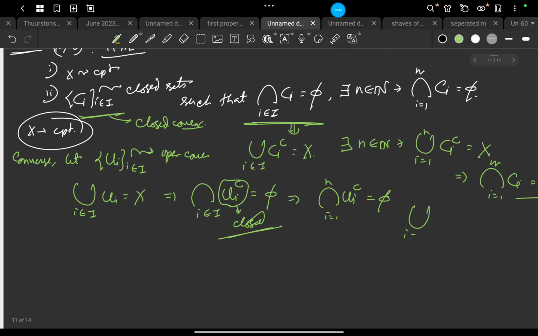So the union of all Ui, i equals 1 to n, is X. So it is a finite subcover. This is how one can define compactness by the closed sets, because open sets